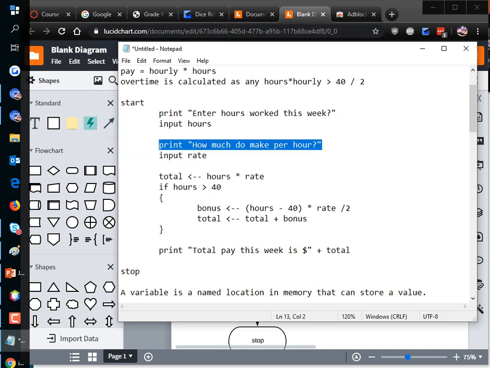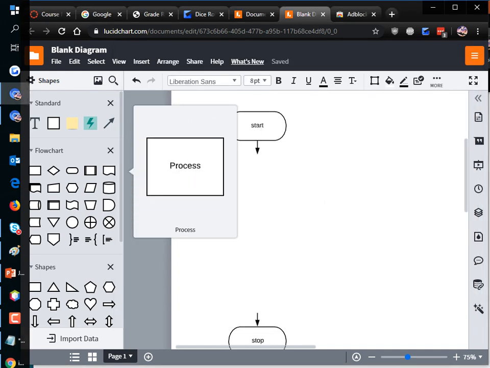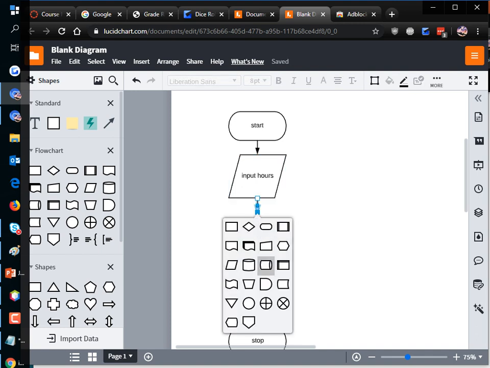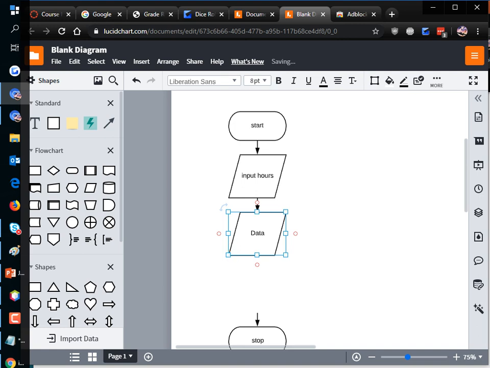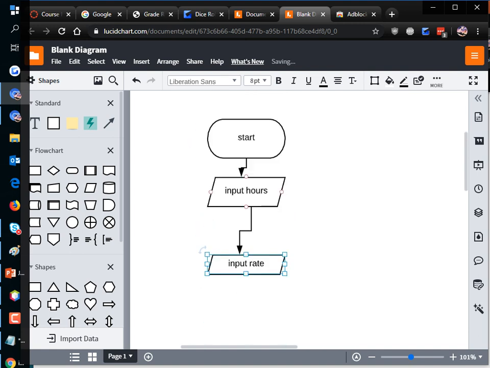Okay, so over here, what's the first thing we do? Input hours. What's the second thing we do? Input rate. Now the textbook wants us to use squares, rectangles, for input and output. I'm going to use the correct shape. So this is input hours, right? And then I should draw a little line to the next one. Why can't I spot it? There it is. Input hourly rate, or input rate. Let's just go with that. I'm going to squish things down, make them easier, right? More stuff fits on the screen at the same time. I'm not fixing the lines